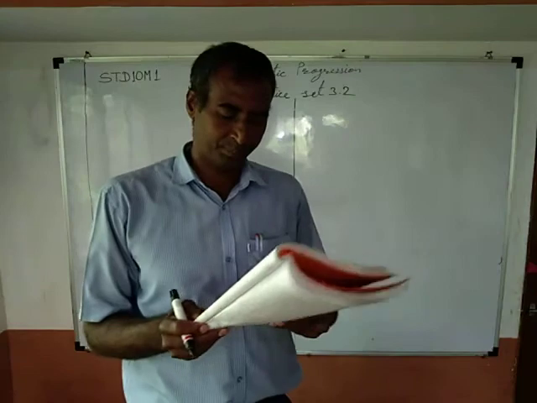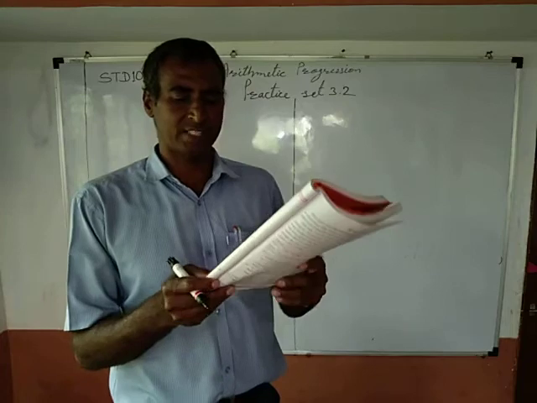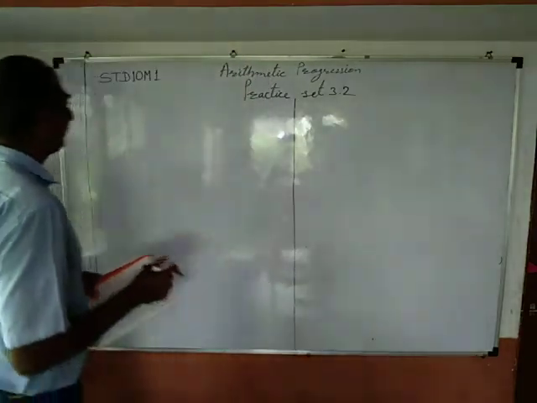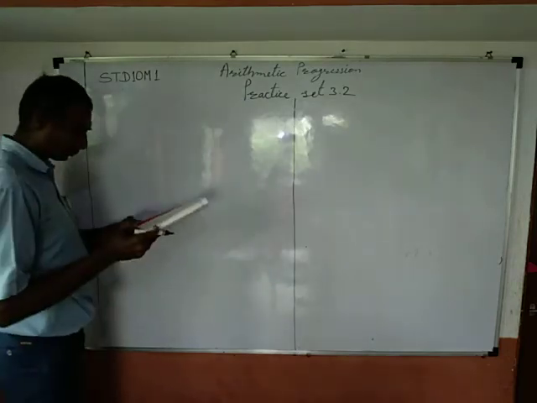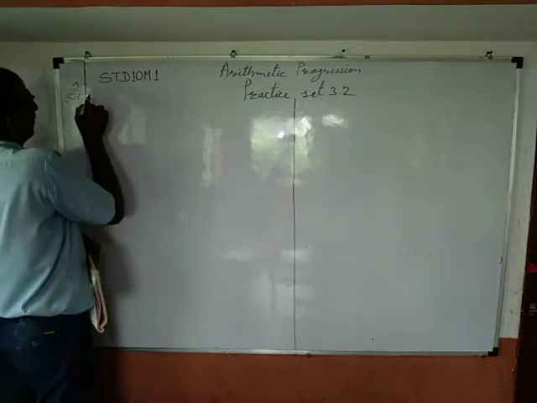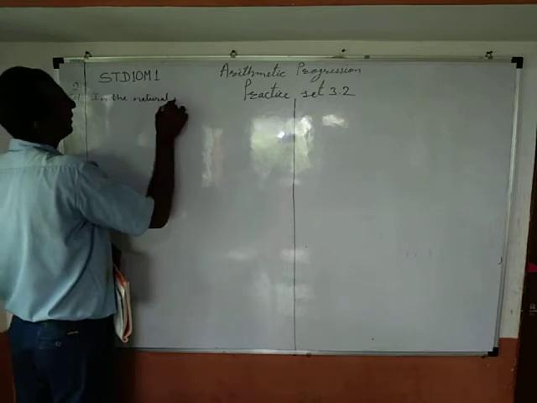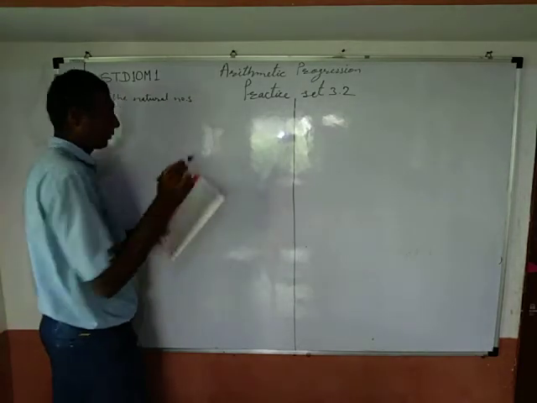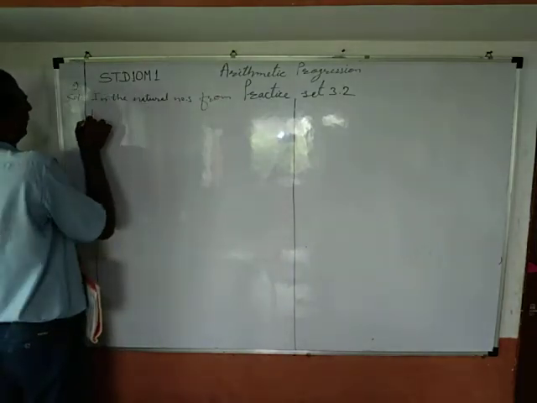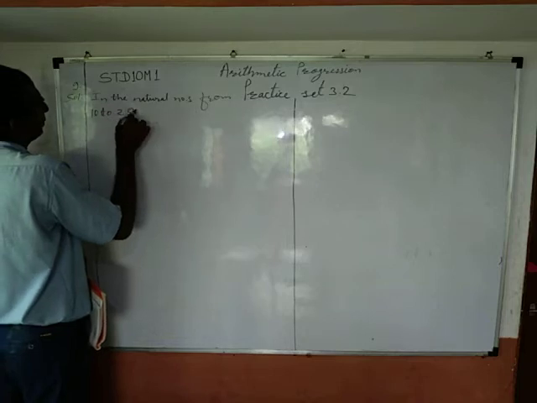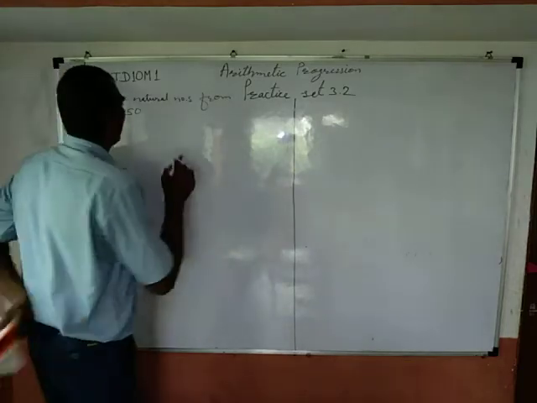Question 9. In the natural numbers from 10 to 250, how many are divisible by 4? Okay? Question 9, solution. In the natural numbers from 10 to 250, numbers divisible by 4 are